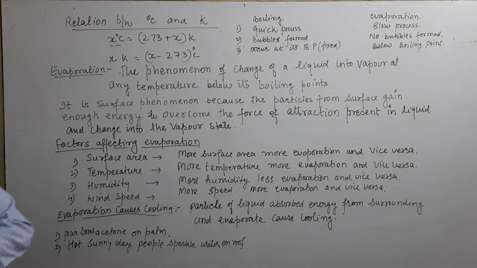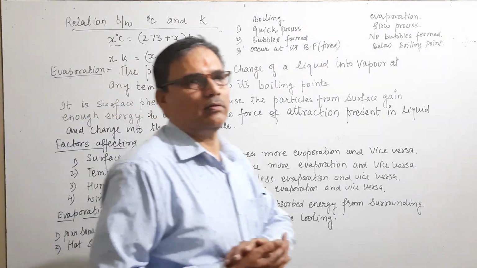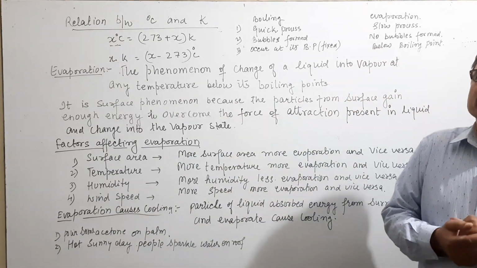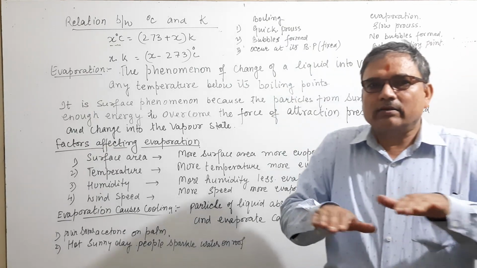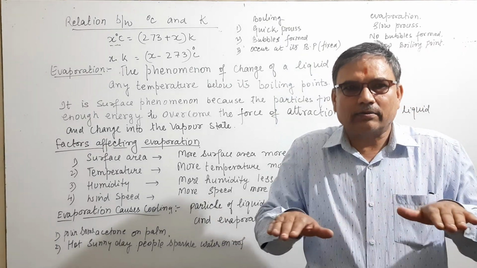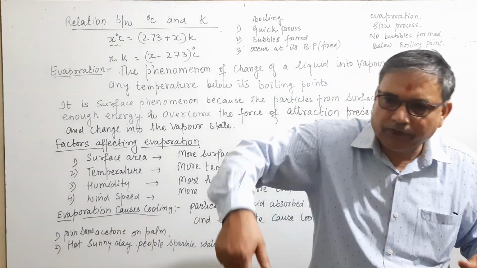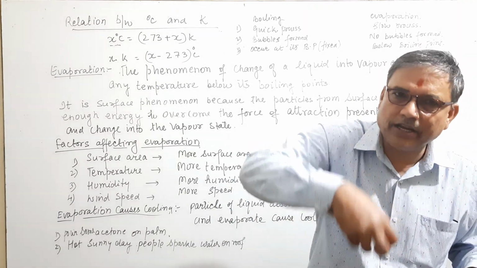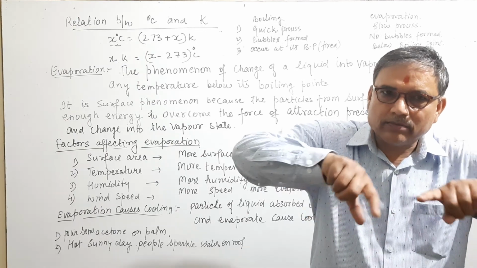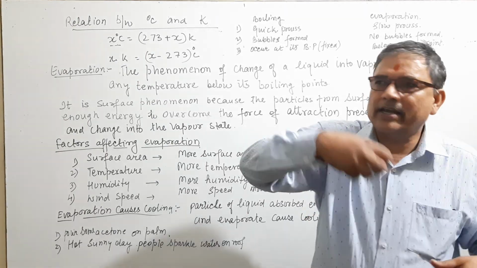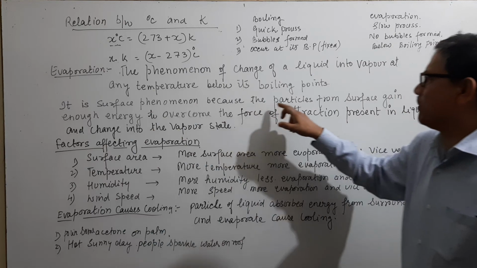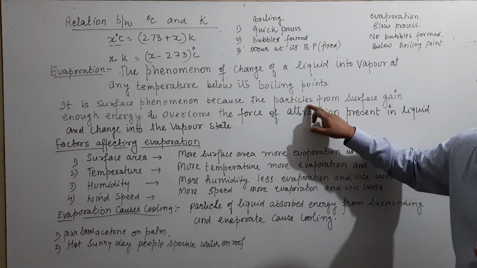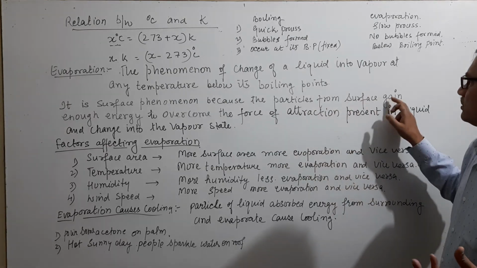And it is a surface phenomenon. Why do we say it is a surface phenomenon? Because the particles of water, the particles of a substance, evaporate from the surface, because they gain heat. All the particles which are present on the surface gain heat. Which particles? Particles of the liquid gain